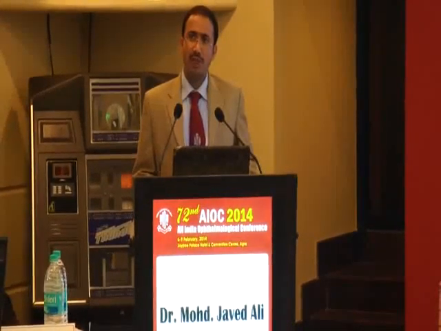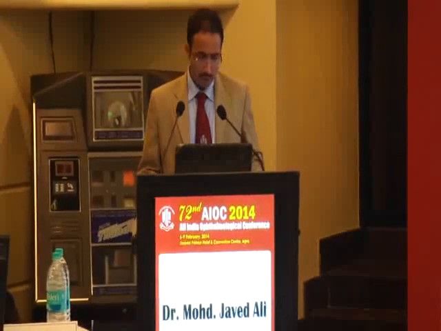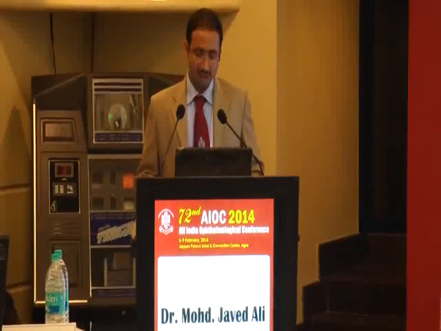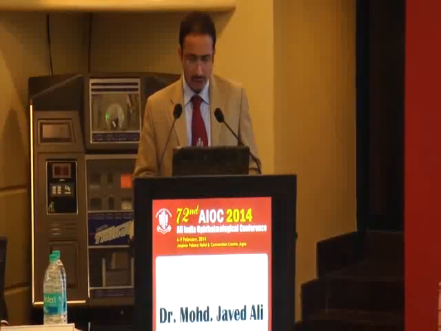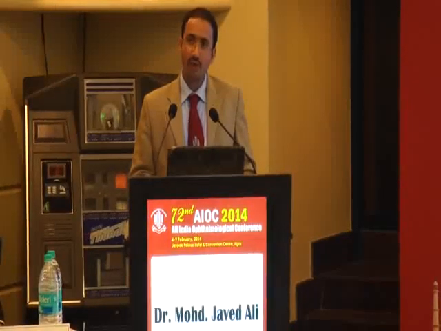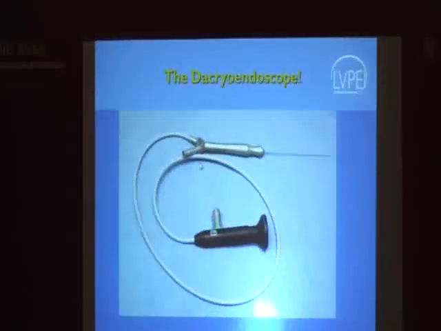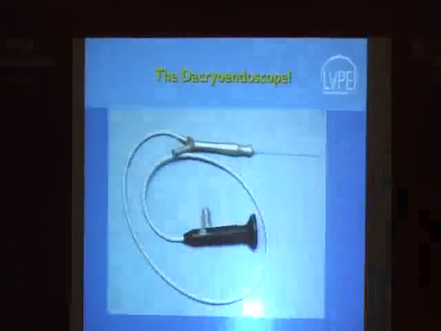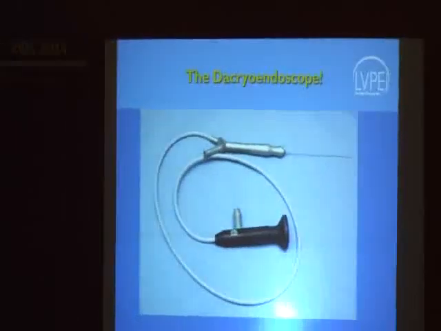That I'm going to talk about has been adapted from a salivary endoscope, which is used to visualize the Stenson's duct. It is a 0.6 millimeter endoscope with a port for irrigation. You can also customize and make a separate port for something like a Dormia basket, so that in case there is any dacryolith, you can use the basket to remove it.